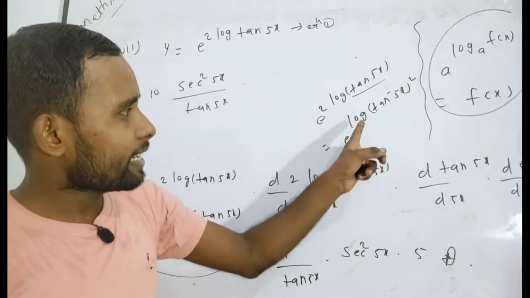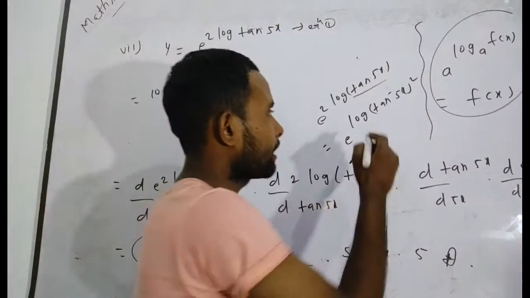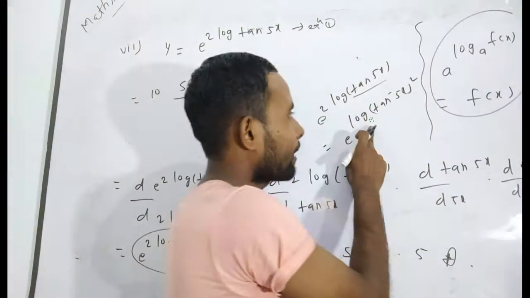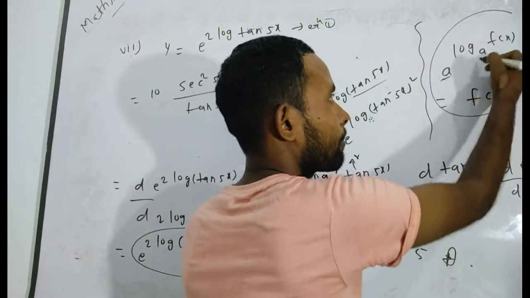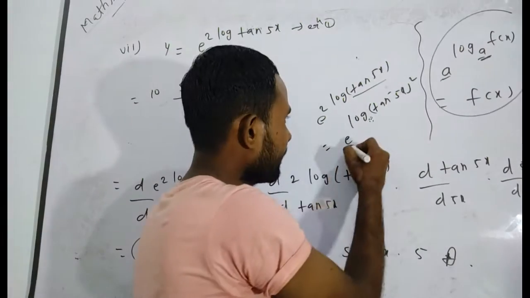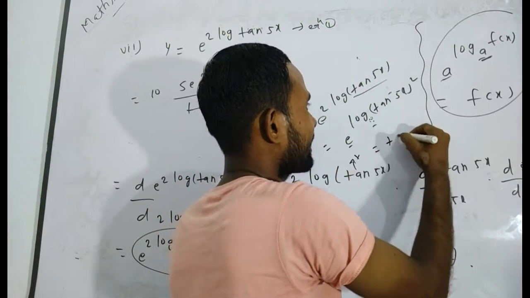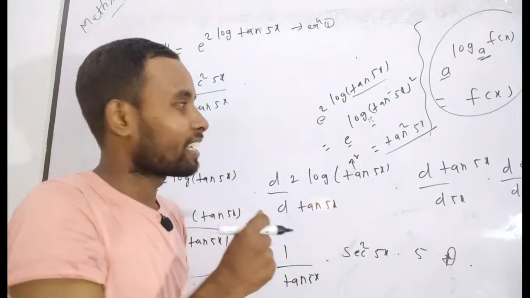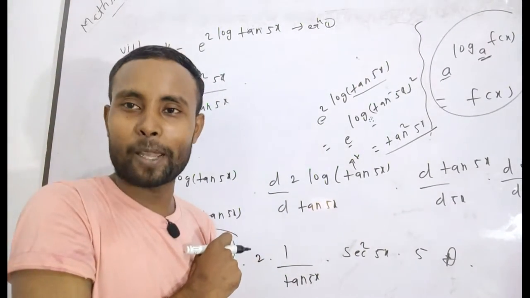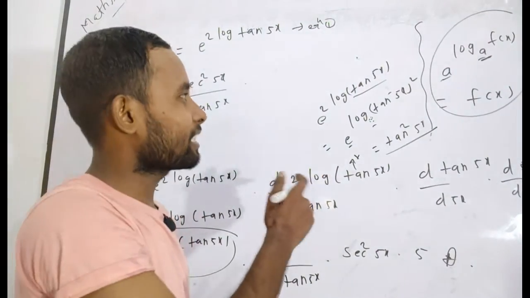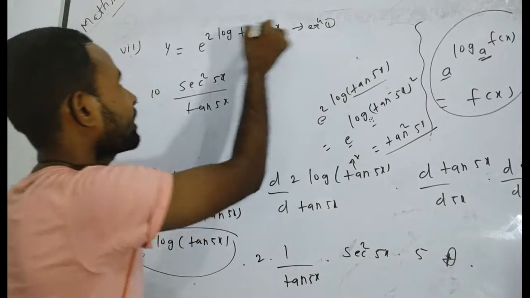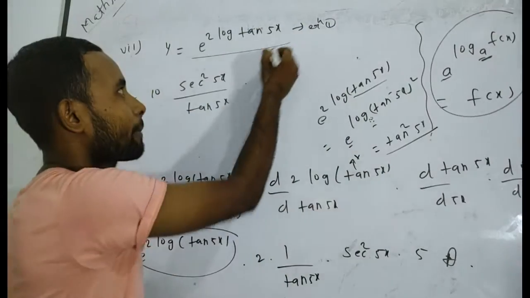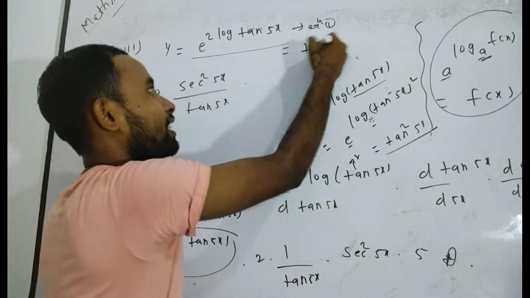And that's why, if you see here, the base is e, and I have already told you there will be e to the power e. That means both of these terms will be common. So e and e are common, that's why you can write 10 square 5x. This question becomes very easy for you, because in the question it was given as e to the power 2 log 10 5x. If you simplify, it becomes 10 square 5x.